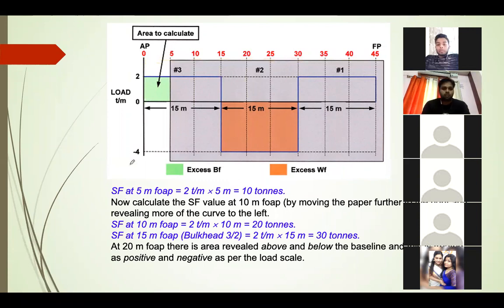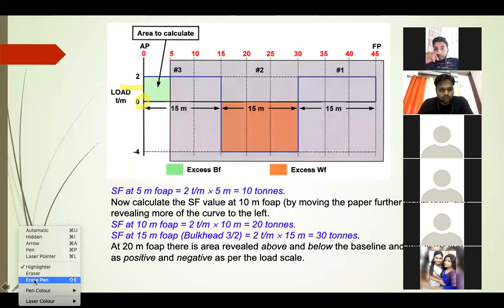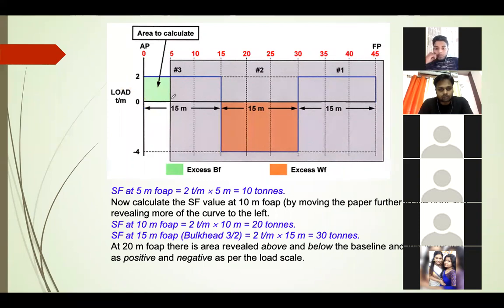So how do you calculate that? First, if we take the shearing force at 0, normally we calculate whatever area is to the left of 0. At 0, there is nothing to the left, so the shearing force at 0 meters will be 0. You start off with 0. Now what is the shearing force at 5 meters? To calculate it, we need the area to the left of it, that is from 0 to 5 meters.